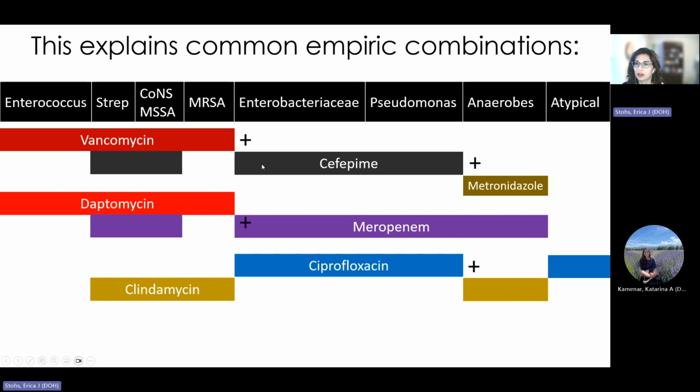In this example, vancomycin plus cefepime, there is a little bit of overlapping coverage with some gram-positives, but importantly, cefepime covers the important gram-negative organisms. It does not cover anaerobes. So if someone's worried about a gut infection, diverticulitis, for example, then they may add some anaerobic coverage. So anyway, just further examples of how you may see different antibiotics mixed and matched to cover bacteria accordingly.